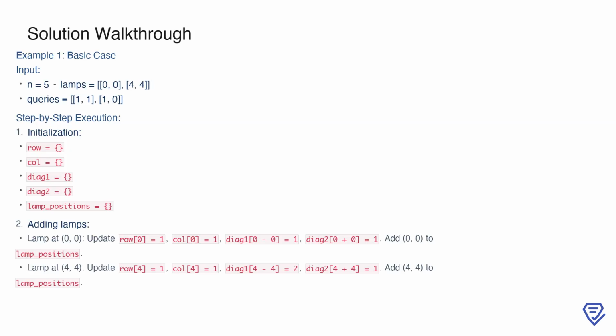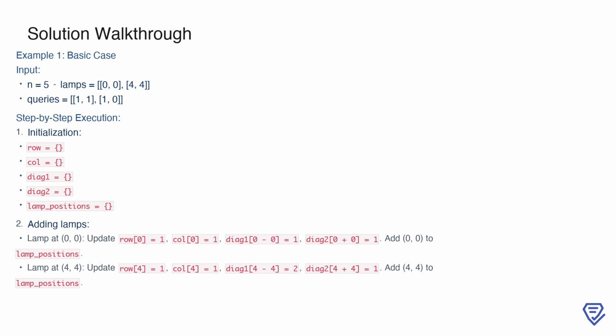Here, we are starting with example 1, which is a basic case to demonstrate the solution. The grid size is 5 × 5, with 2 lamps placed at positions [0, 0] and [4, 4]. The queries we need to process are [1, 1] and [1, 0]. To begin, we initialize the data structures to track the state of illumination. These include dictionaries for rows, columns, and the 2 diagonals, as well as a set to store the positions of